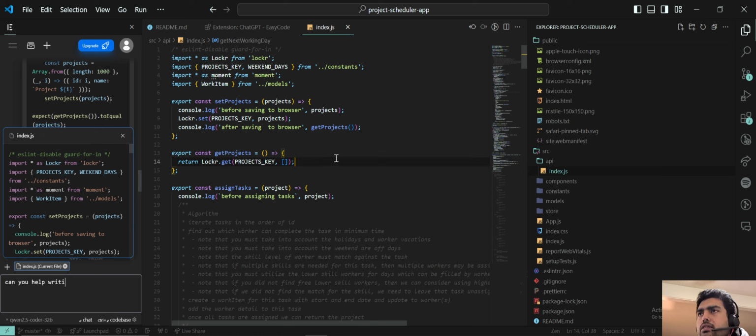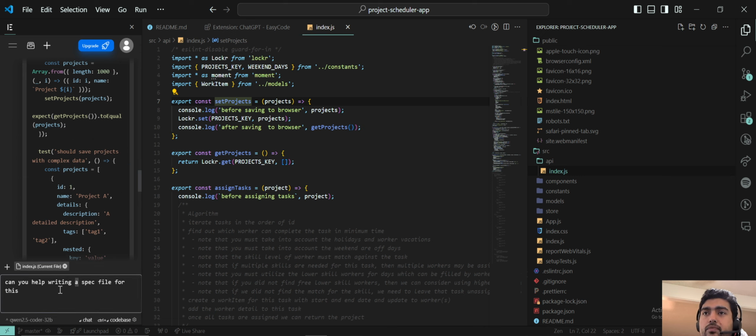And while it's doing that, I only want the set projects function. Yeah, I think it's super slow to load, or maybe my net connection is a little bit faulty. Okay, can you help writing a spec file for this function? Control V,